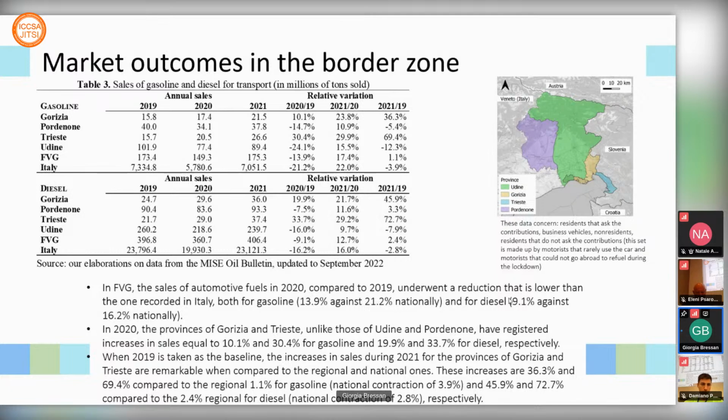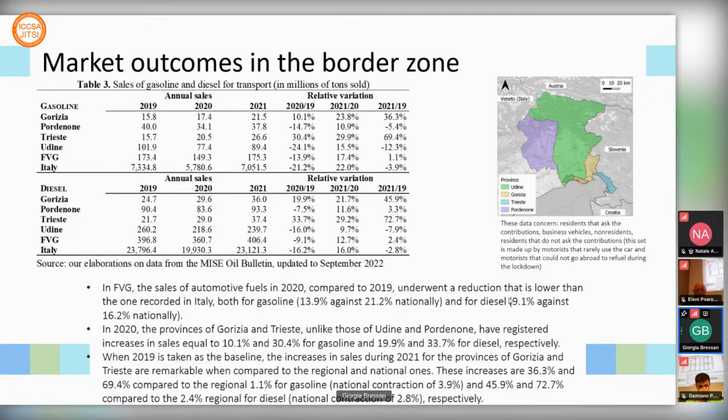When 2019 is taken as the baseline, the increase in sales during 2021 for the provinces of Gorizia and Trieste is remarkable compared to the regional and national one. Those increases are of 36% and 69% compared to the regional value of